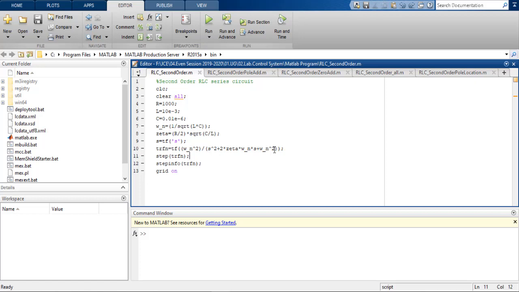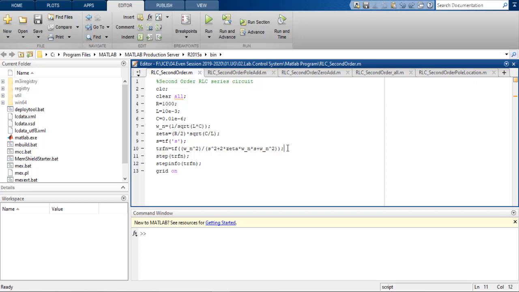You know about this formula. Remember, when you write in MATLAB, you have to write 2 into zeta into omega n into s. Do not write 2 zeta n omega n s. MATLAB will not understand it. You have to make sure that 2 is multiplied with zeta, multiplied with omega n, multiplied with s.